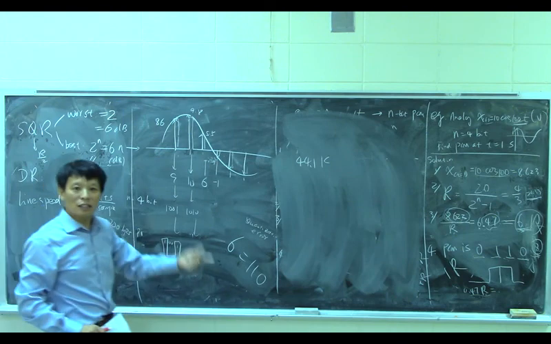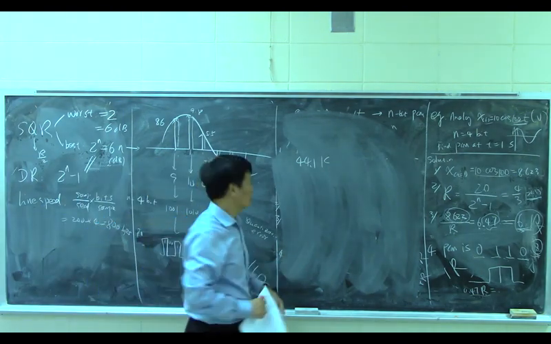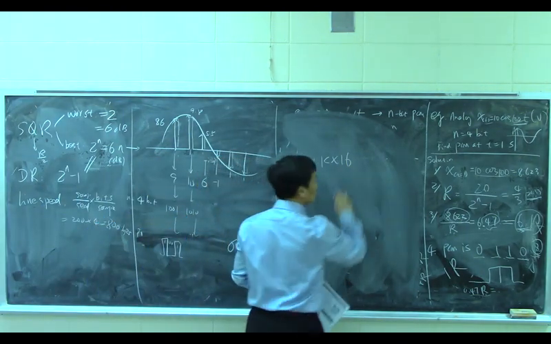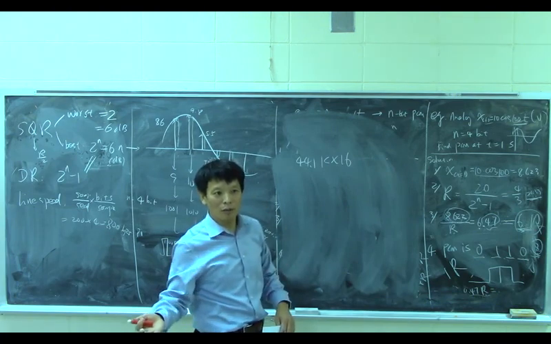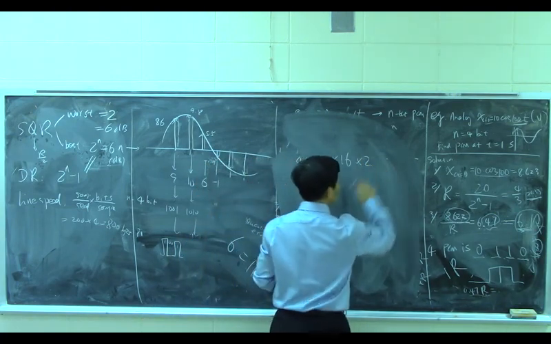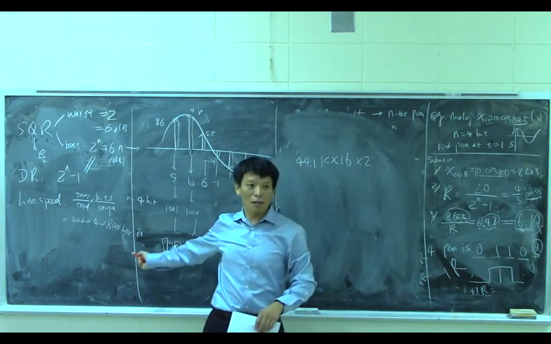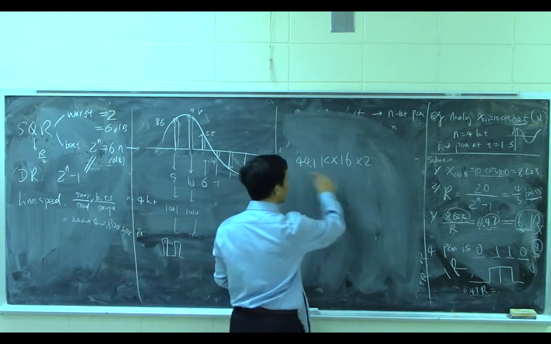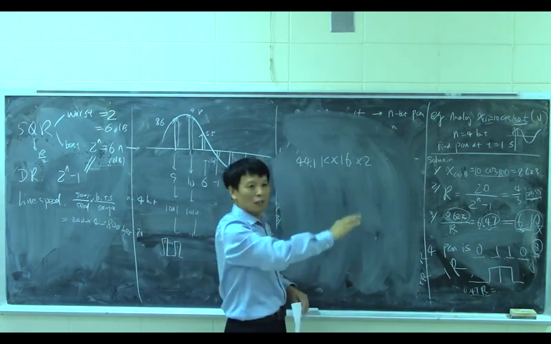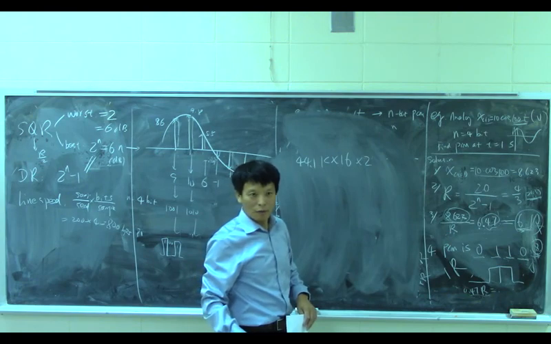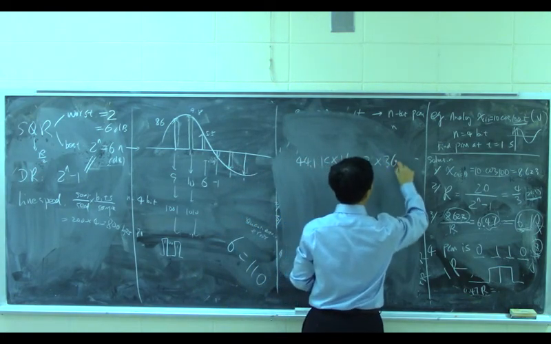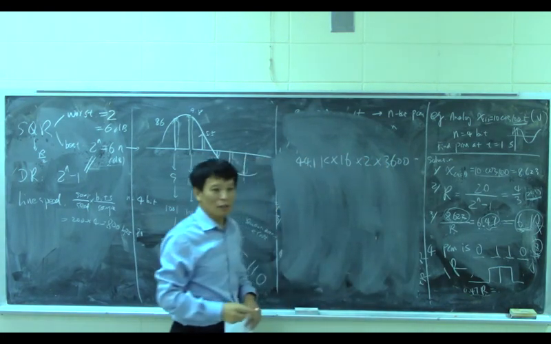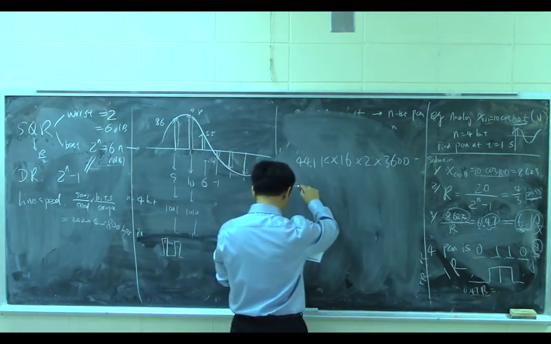And we use 16 bits for PCM code, so times 16. And we have left and right 2 channels, so times 2. So that is the line speed. In each second, you are going to transmit this number of bits. Then times 1 hour, which equals 3600 seconds, and this gives us